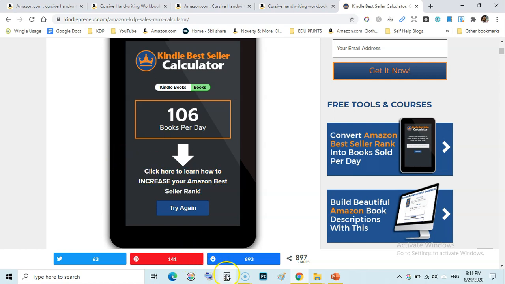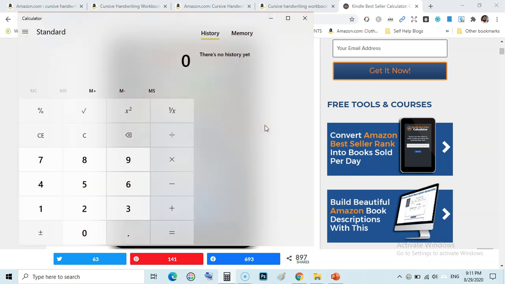And if we multiply this by 30, supposing it is selling 80 books, then it is selling 2400 units per month at least.